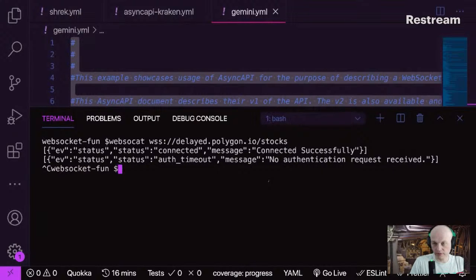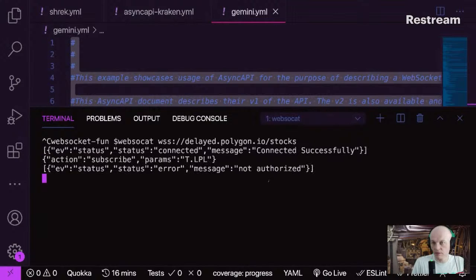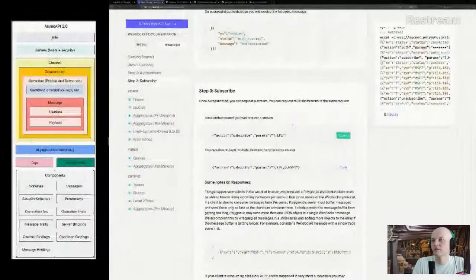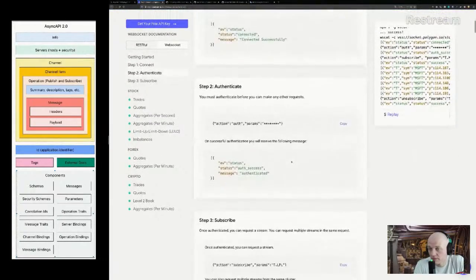Timeout. Okay, let's try again. I'm connected, and let's try to subscribe. Not cool, guys. Not cool, Polygon. So I'm not going to be able to actually play with them. If I'm not going to be able to play with them, I don't want